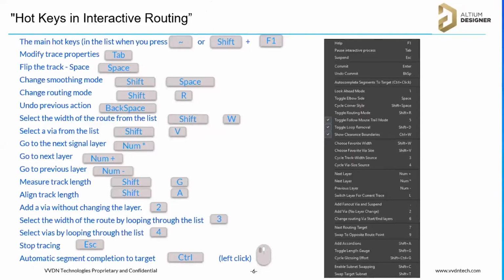If you are an experienced user of Altium Designer, you might be familiar with the shortcuts. Like if you want to switch the layer, use the number plus or minus, and via Shift V, okay, Shift plus spacebar to change the corner and the routing mode. So there are these shortcuts you might have used, right?